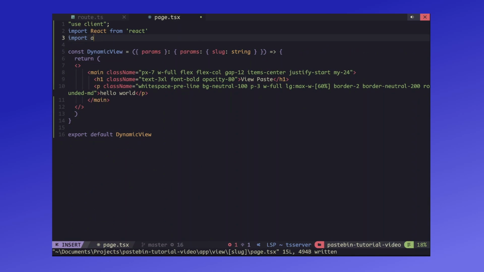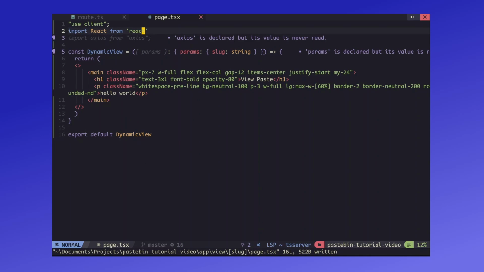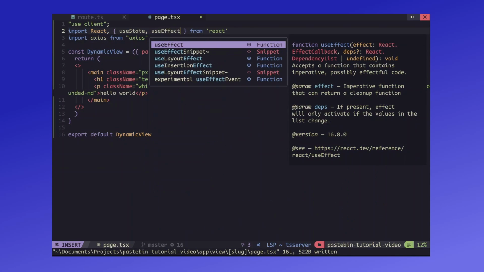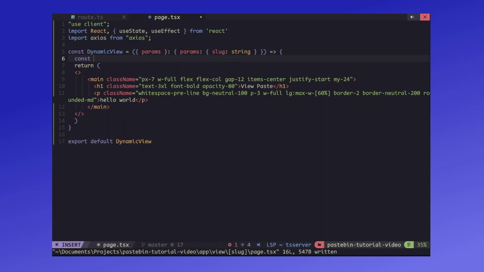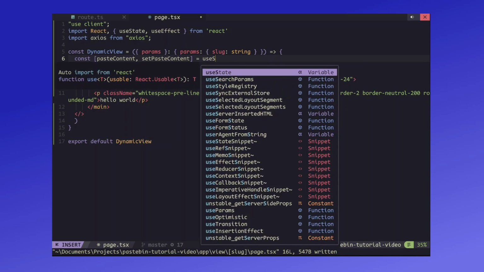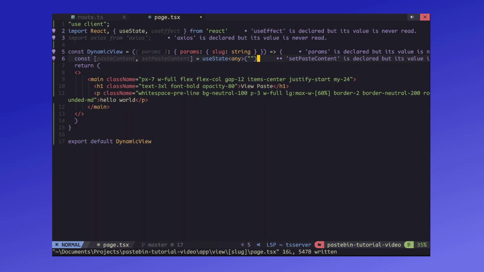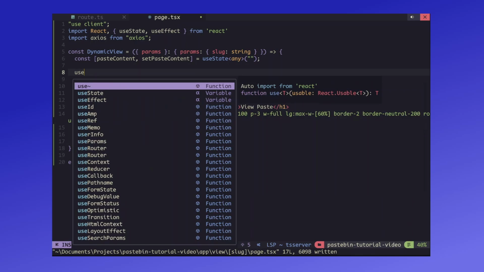Then I'm also going to import Axios as well as useState and useEffect. Now we want to make a new state called pasteContent, setPasteContent equals useState. And for now, we're just gonna put this as any, and I'm gonna make a new function inside of useEffect,